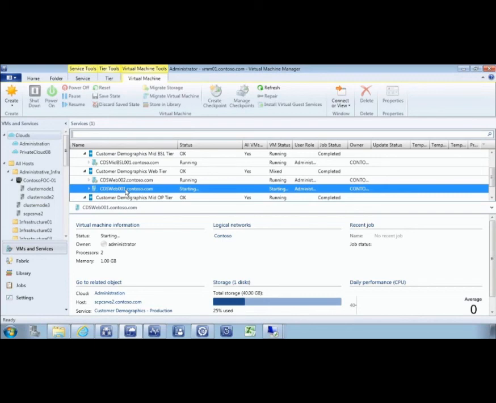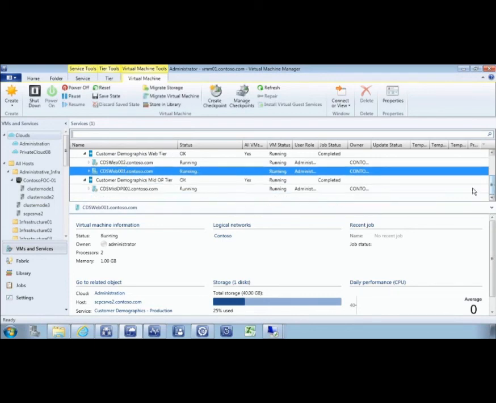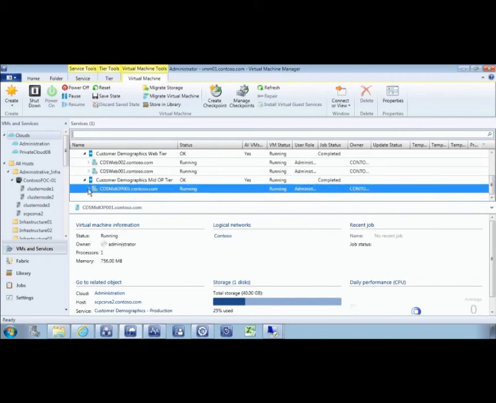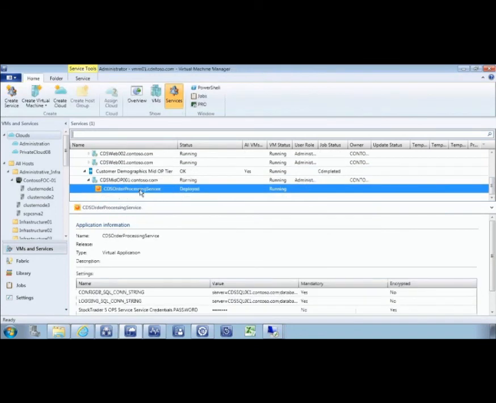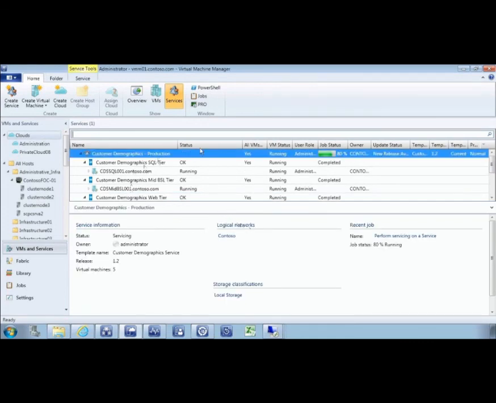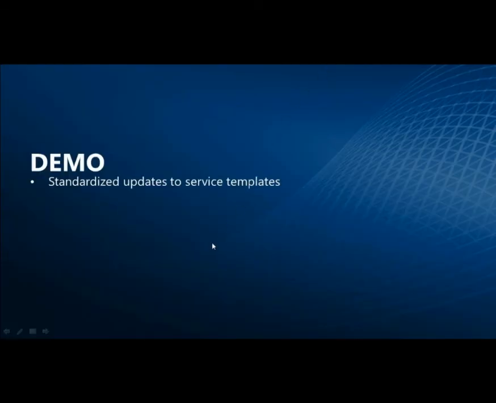After it brings both of those things down, the next thing it's going to do is work on the order processing tier. And here, the VM is going to continue to run, but what it's going to do is take this deployed service and update it with the updated version that I applied to this. So it's not going to use the existing version, but it's going to save the state, deploy that update, and then reapply the state to it. And it's just running through the rest of the updates for that system. So that shows you some of the benefits that you can have within modifying and managing your service